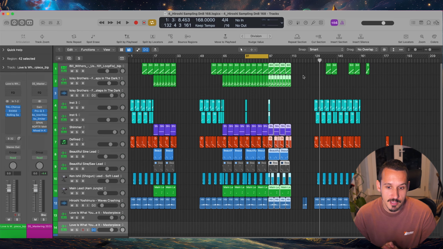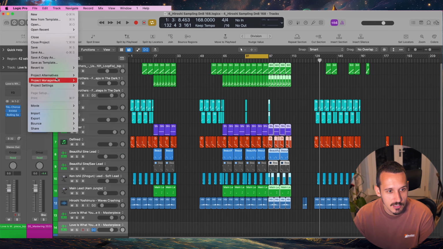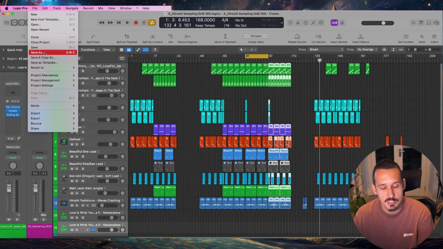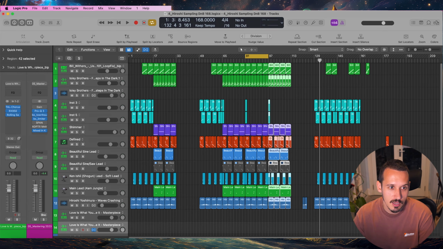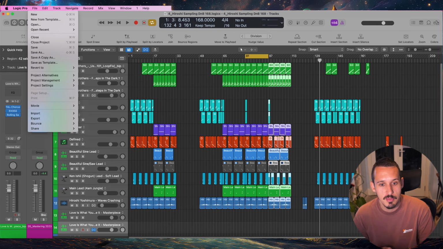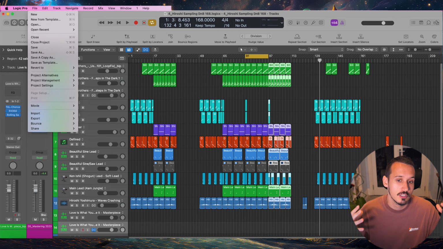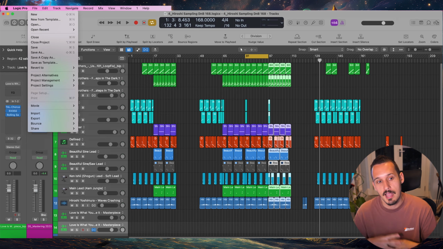And the final thing, which you should all be doing in your Logic projects, is using project alternatives. And rather than pressing Save As and renaming the project something different, whenever you make a big change, maybe you're doing something creative and you're not sure how it's going to pan out, or you're going to start mixing the track, anything like that, when you take a big step forwards in your tune,